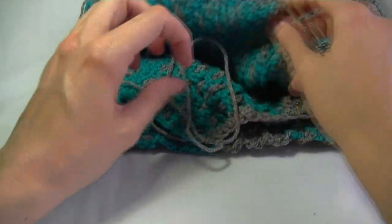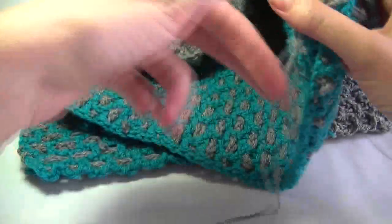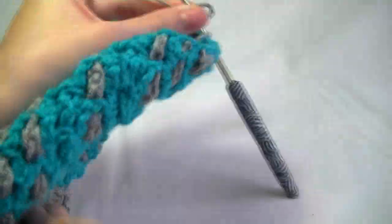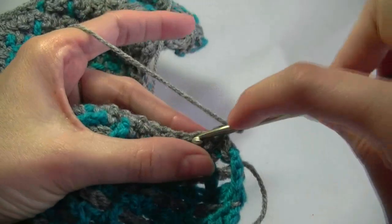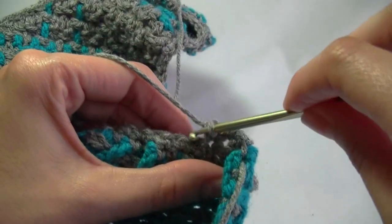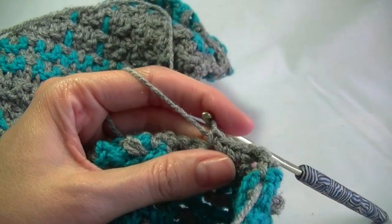Once you've done all your rows of decreasing, then just work one row of single crochet all the way back across. So what you're going to do is chain 1 and 1 single crochet in each stitch across. Easy as that. So when you get to the end, we want to finish off and do exactly the same